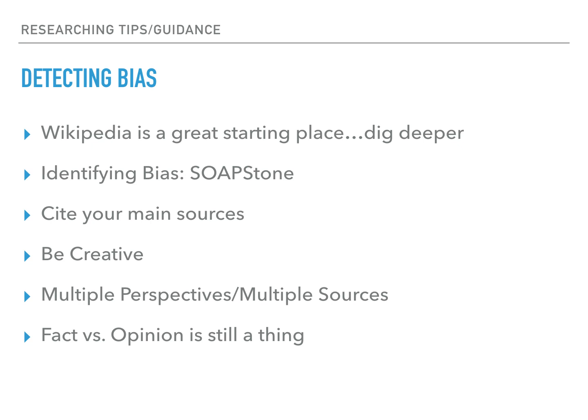So if you analyze any source from this lens, you will be able to discern for yourself what about it is useful and meaningful. And just because it has a bias doesn't mean you throw it out. It just helps you understand more deeply about the subject you're looking at. Always cite your main sources anytime you do research, and be creative for where you look for research. There's a lot of areas and avenues you can follow that are just as legitimate as any source that may have sort of an international reputation, such as Wikipedia.